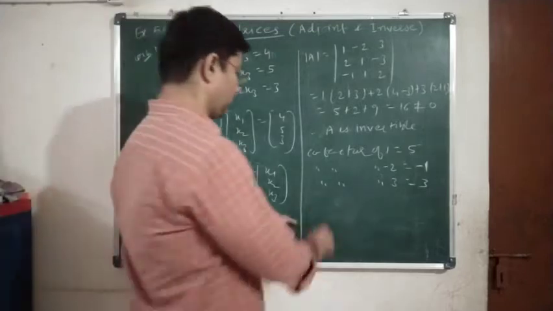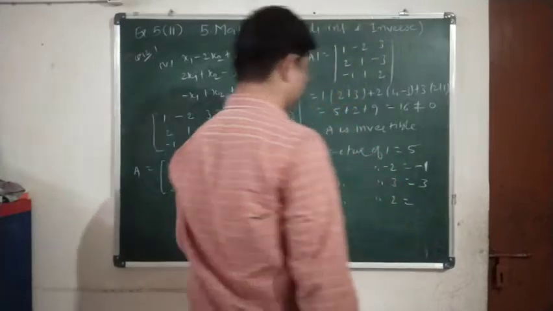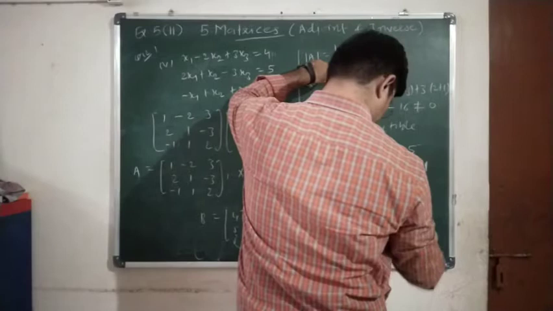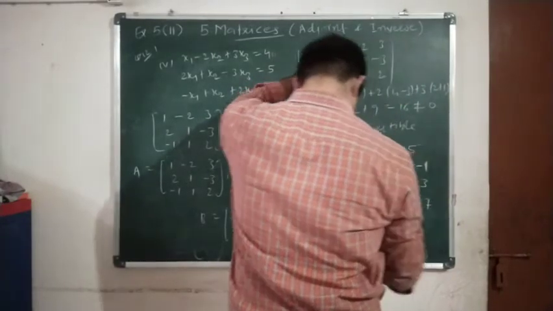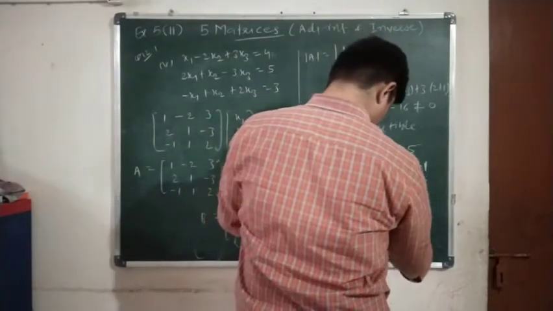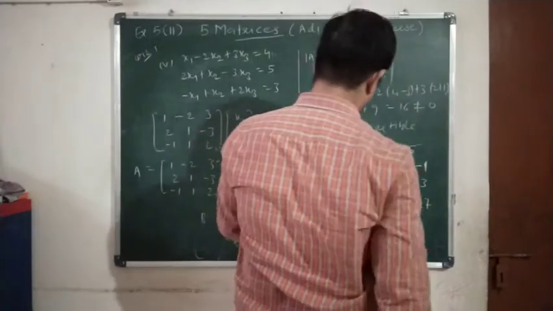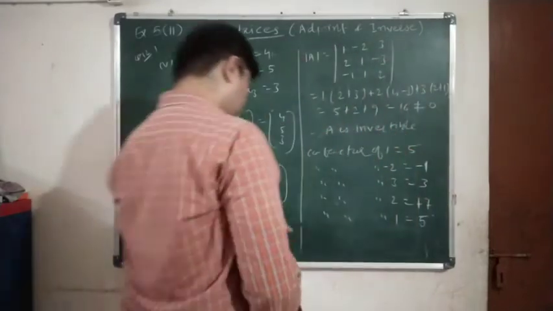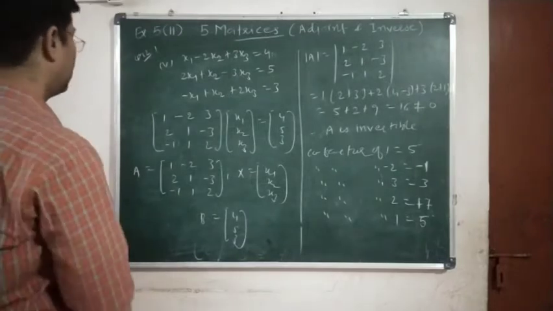Clear? Again the cofactor of 2, now in the second row: minus 4 minus 3, so minus 7, and with the minus sign, plus 7. Again the cofactor of 1 will be 2 1s are 2, minus minus plus 3, so 5. Remaining cofactors let us write down over here: 5, minus 1, 3, 7, 5.